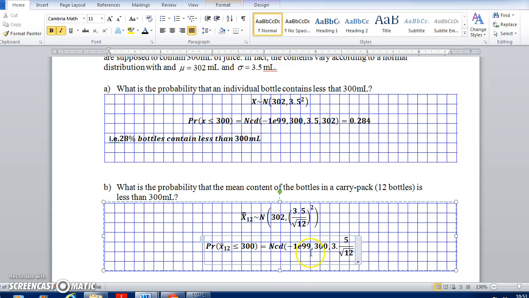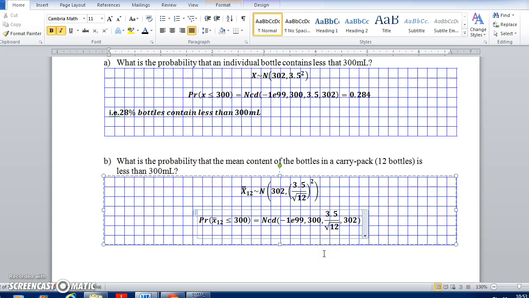That's our standard deviation because we're using that distribution, but our mean is still 302 because by the central limit theorem the mean is the same as the population mean, and so we get